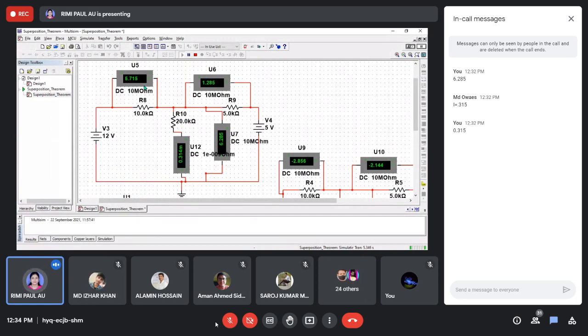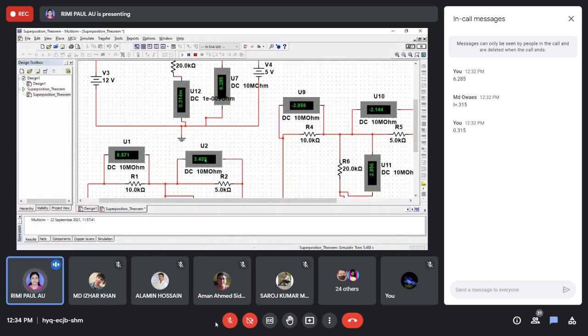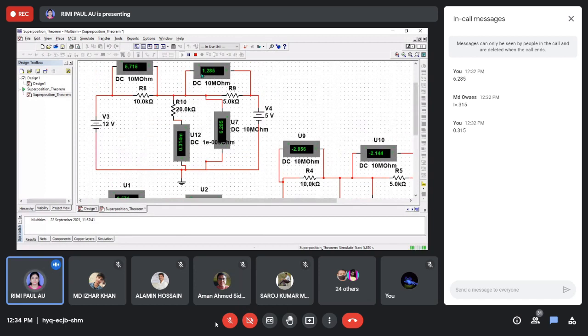So here also superposition theorem is proved for voltage. And here you can see that this is 3.429 minus 2.144. That means you will get approximately 1.285 volt. So here also superposition theorem is proved.